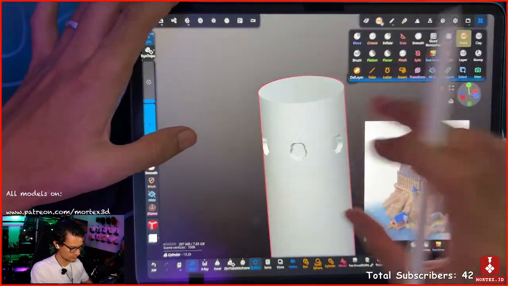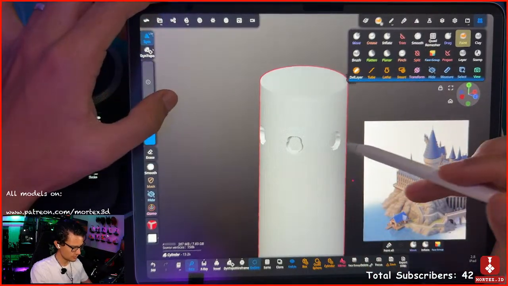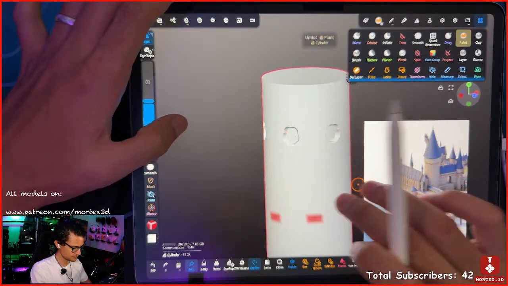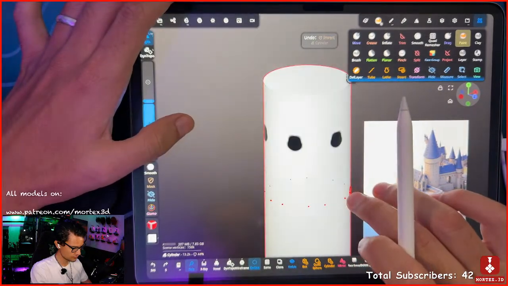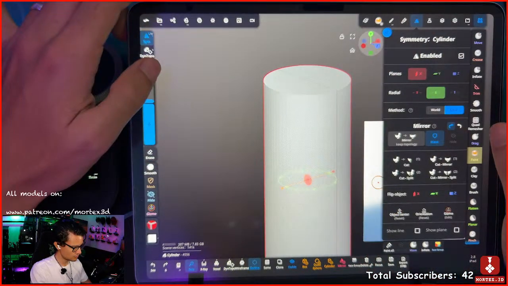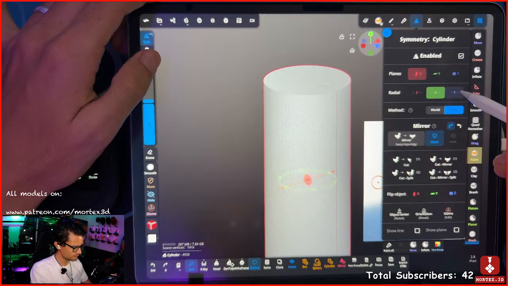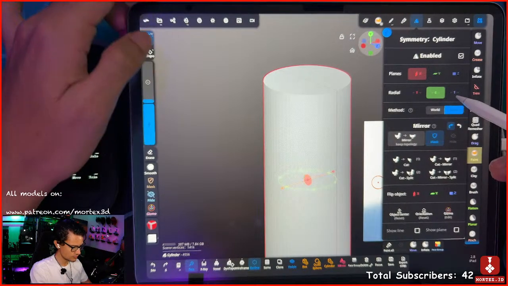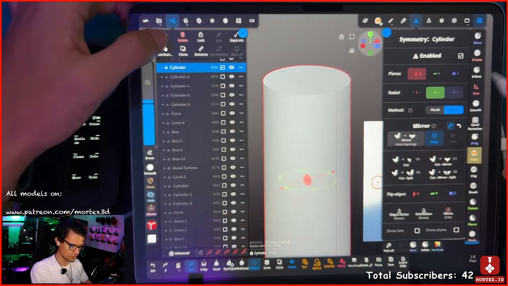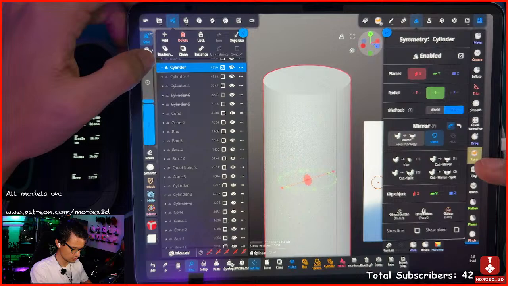There, that's the first window, but I need to do all the other windows exactly the same. And this tool only helps if I am doing the radial. How? I think what we are going to do is to use